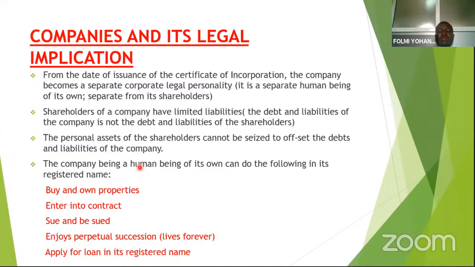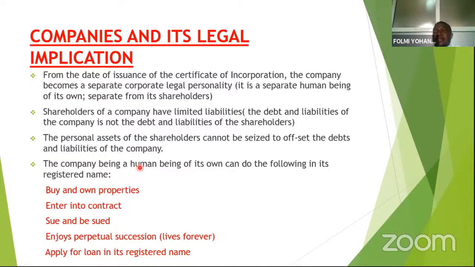That's why it's common for you to see some certificate of occupancy carrying the name of companies rather than individuals, because these companies are regarded as artificial persons, and as a result they can acquire property, they can enter into contract. Today if you register your company, instead of you personally, instead of Mr. Johnson entering the contract in his name, he can decide to enter the contract in the name of that company,